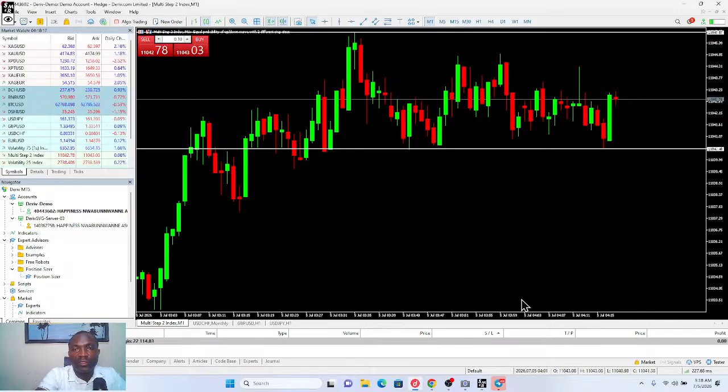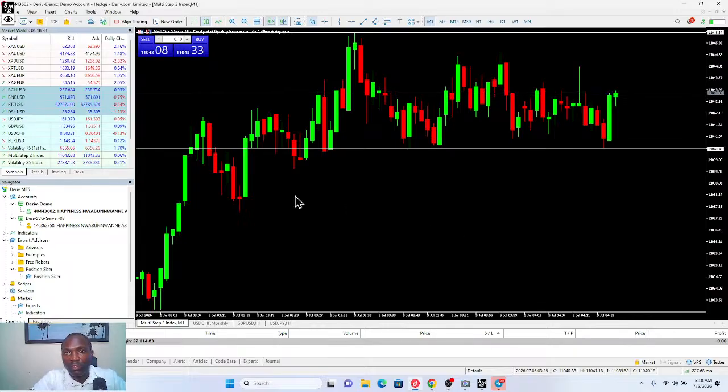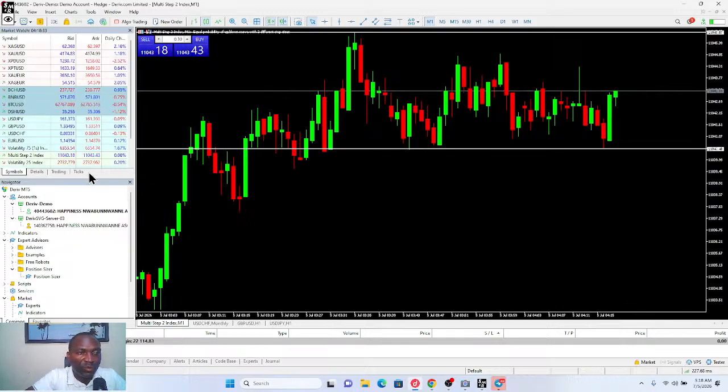Okay, so that is the analysis on the multi-step tool index. I'm going to give the screenshot and post it in the public group, but the VIP group is mainly for the students. So now let's go on